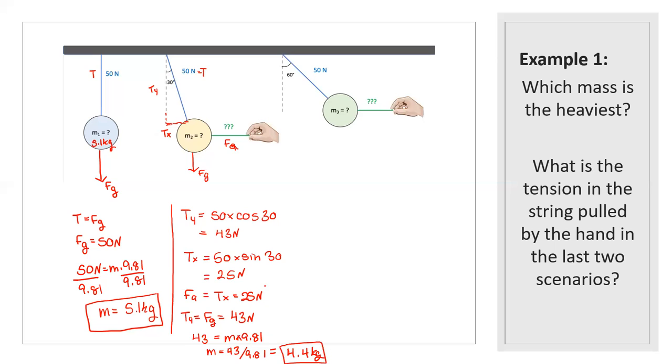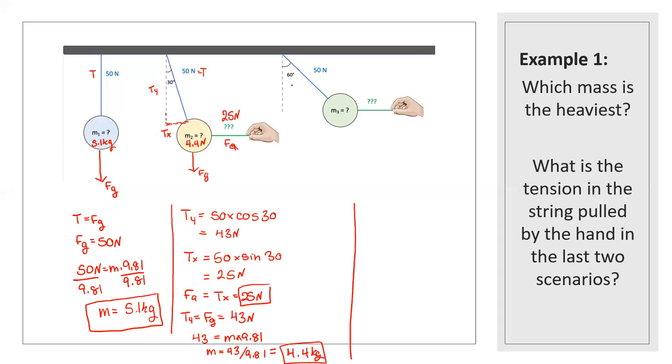So there's our key information. So we know this force is 25 newtons, and this mass is 4.4 kgs. All right. And what about the next one? So in this example,